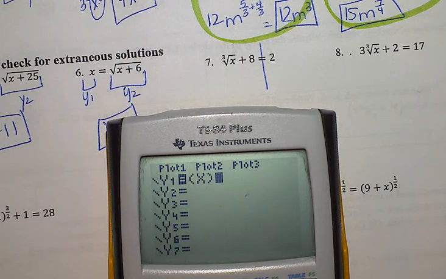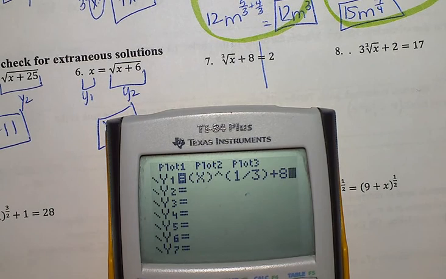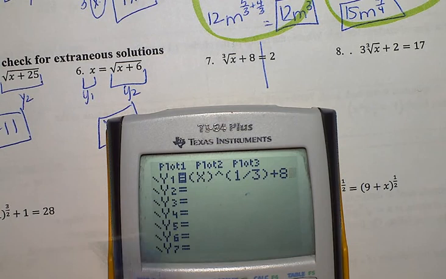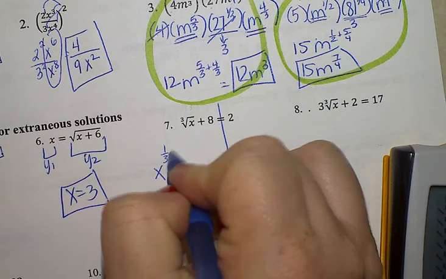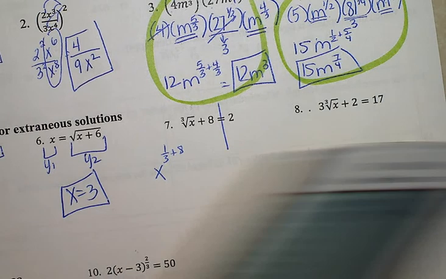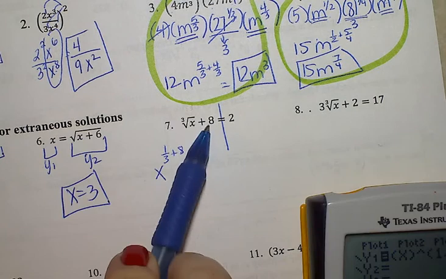Watch this. When I do it like this and then I go plus 8, does everybody see that? Here's what I'm concerned about. I'm concerned that this calculator is going to read it like this. It's going to read it like this. X raised to the 1/3 plus 8. And it's going to think that that 8 belongs to this exponent. Does it belong to the exponent? So when I plug it in,